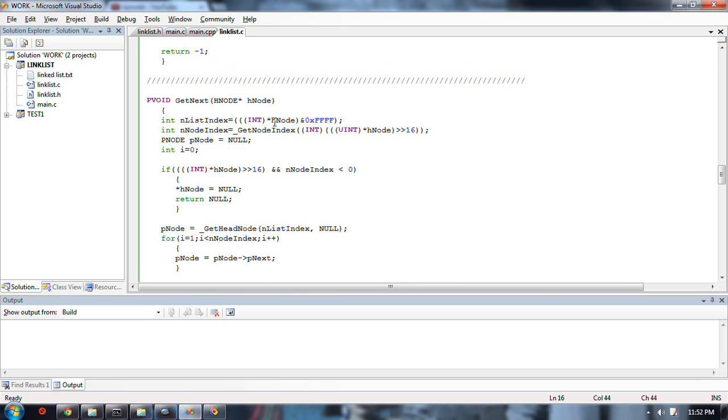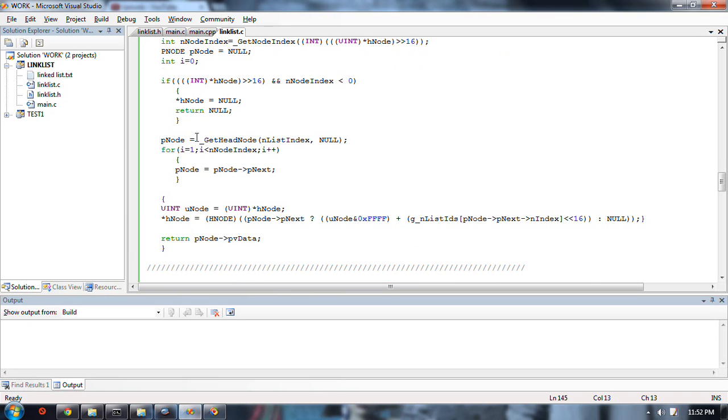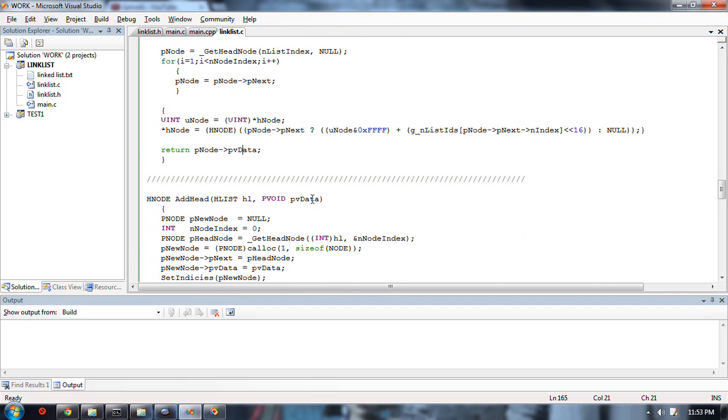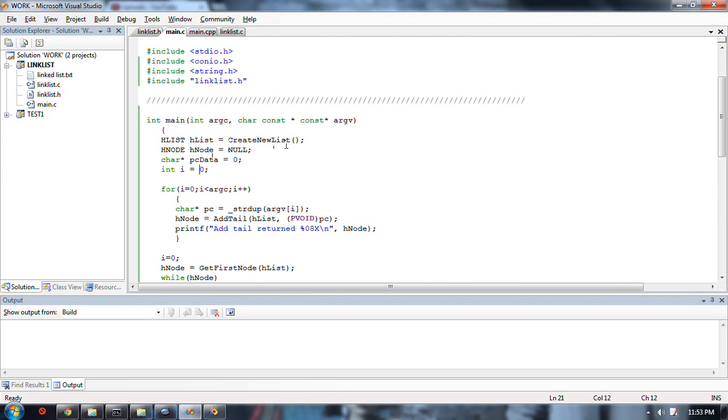I'm extracting the index where I'm going to find the head of the list, and I'm extracting the index of the node that I'm searching for, which is in the top 16 bits, and doing a kind of walk through, locating the node in question and returning its data. And that's about, that accomplishes the data hiding